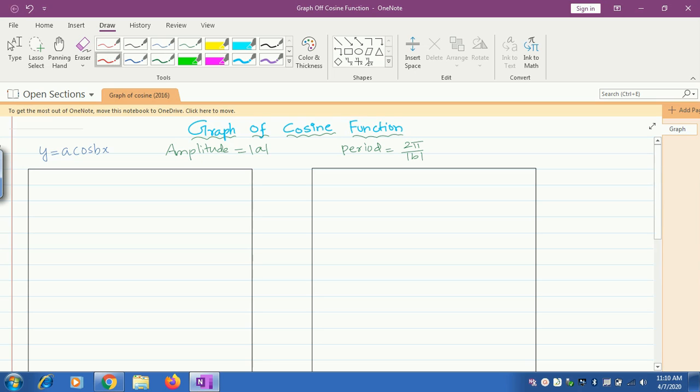Now we will discuss the same problem. Graph y equals 3 cosine x. So what is a, what is b? A is equal to 3, and b is the coefficient of the angle in the cosine function, which is 1, so I write 1. Now the solution is